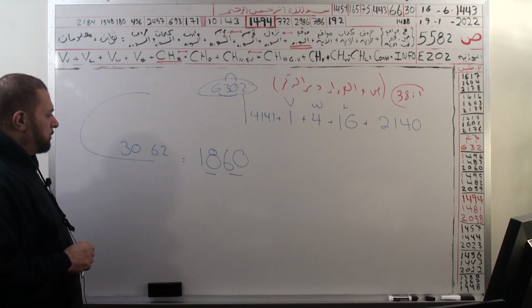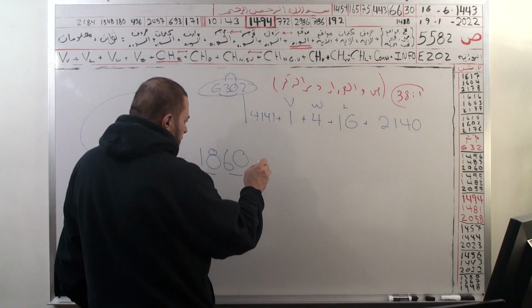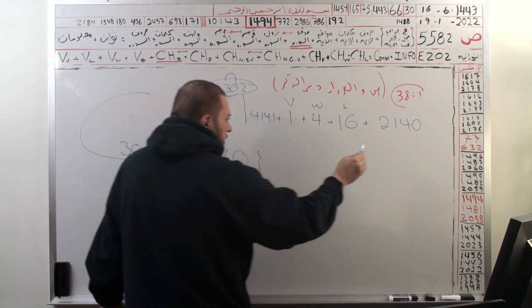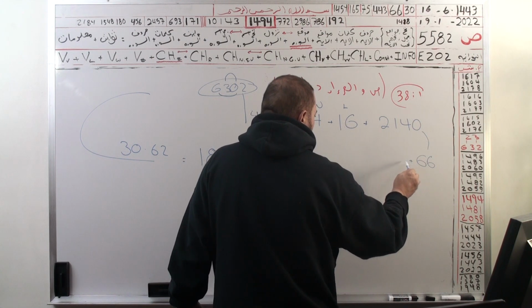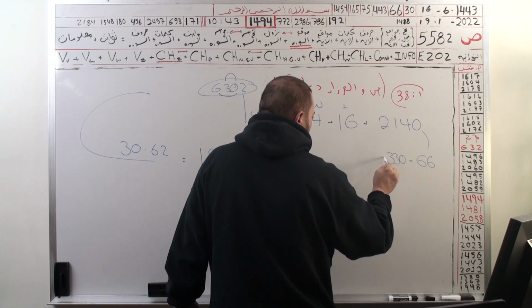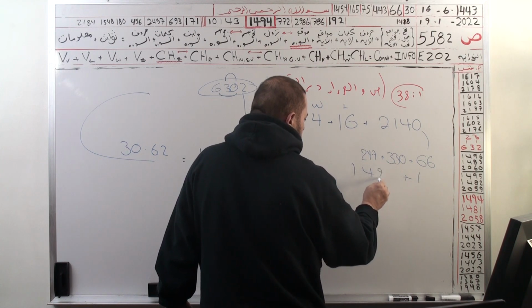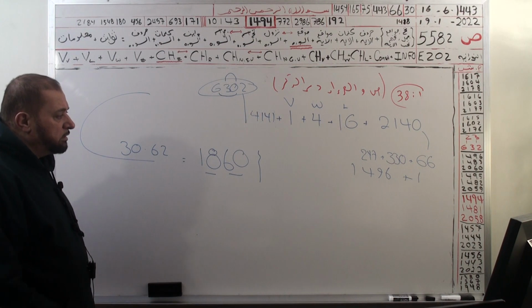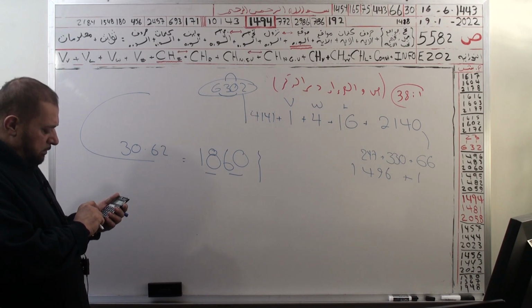62, the multiple of. Keep in your mind that I'm claiming that Sad is as-sirat. And like I said before, I took out of this 66, and I took as-sirat, and the name of the Prophet, peace be upon him, the start of the sirat, the end of the sirat. So all these five numbers: 66 plus 330 plus 247 plus 1 plus Allah Muhammad 1496,